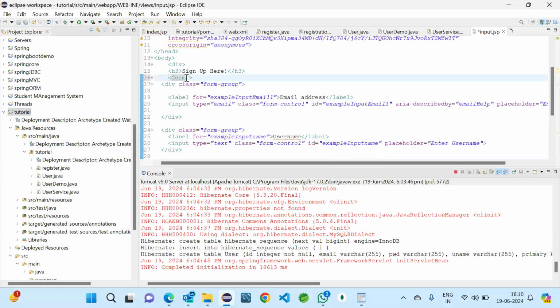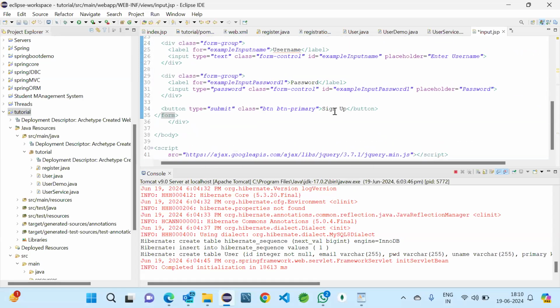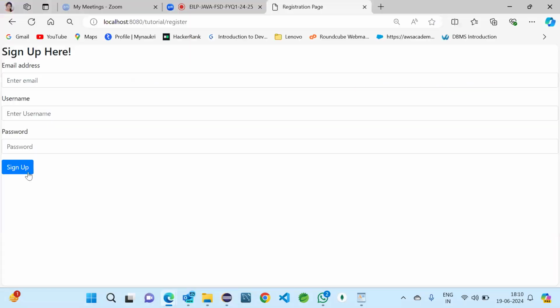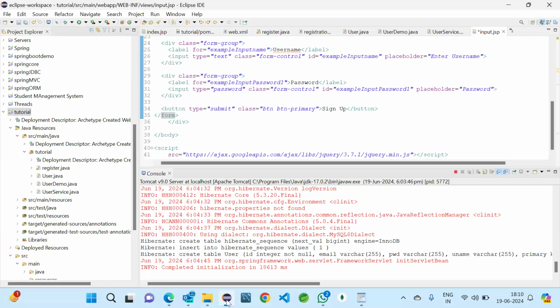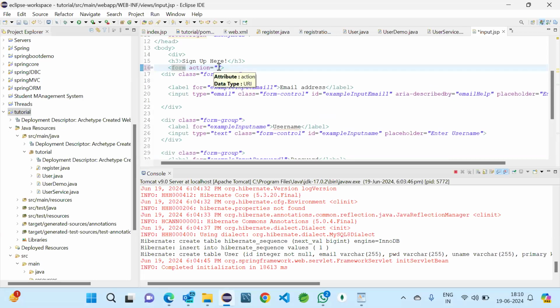And here we need to have the action also, like when we press sign up, what needs to happen. If we press on sign up, what is the next page where it needs to go? So if I click, there is nothing for now, so that's why it is not going, but I should give the path. I am going to give the success page after sign up. So here I will tell success, and I wanted to use method post because we are passing the arguments. So method name is post.